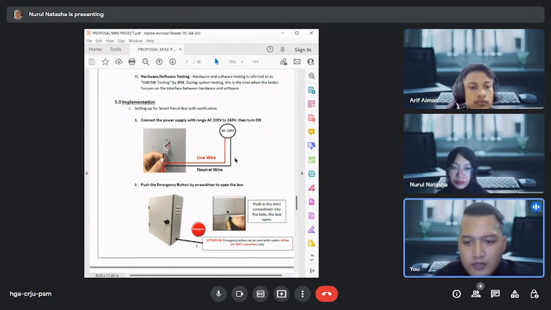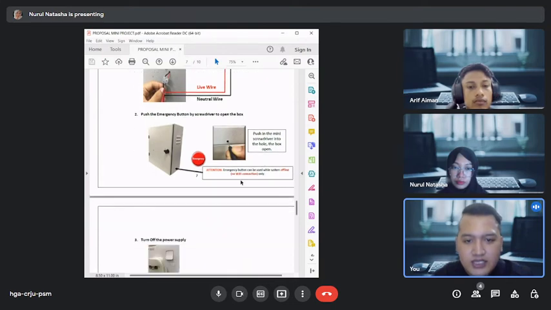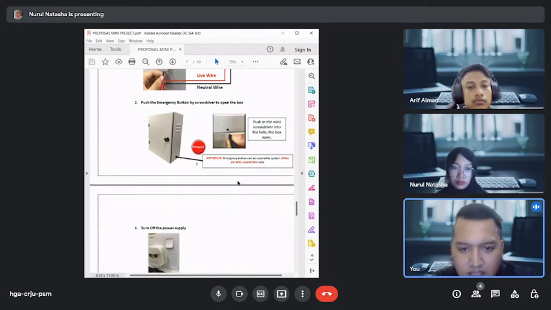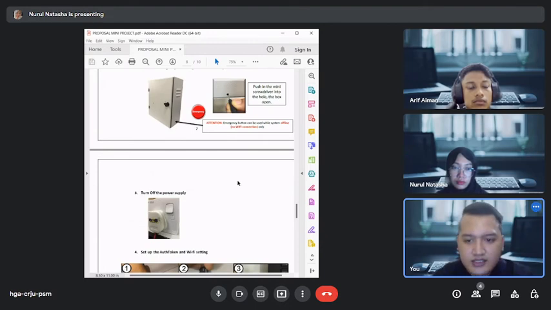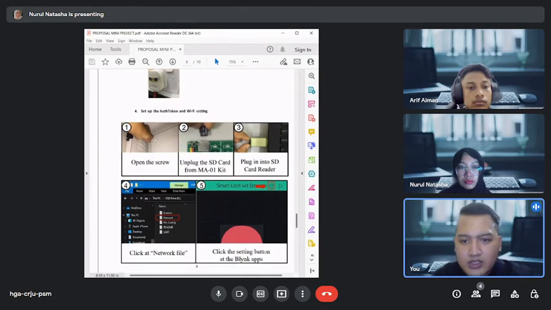And number two, we need to push the emergency button with the screwdriver to open the box. Push the mini screwdriver into the hole, and then the box will open. And we need to take note that the emergency button can be used only while the system is offline and there is no Wi-Fi connection. So the next is turn off the power supply, and number four is set up the auth token